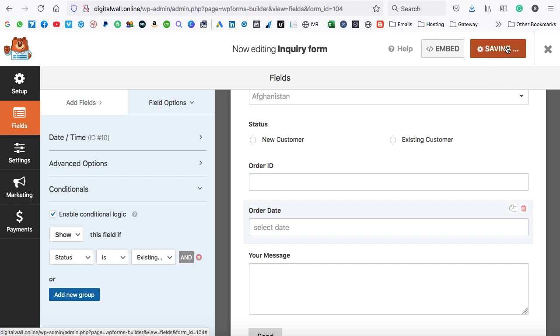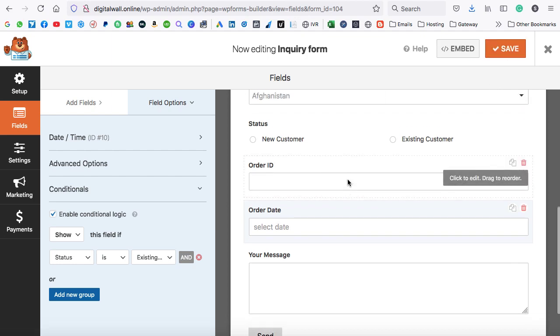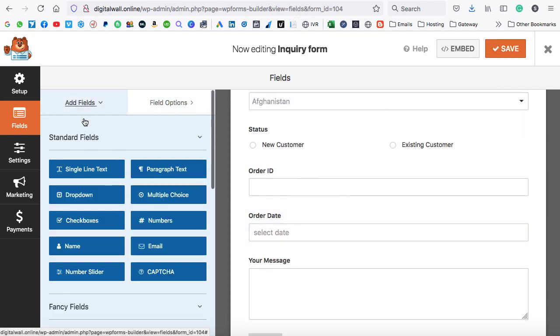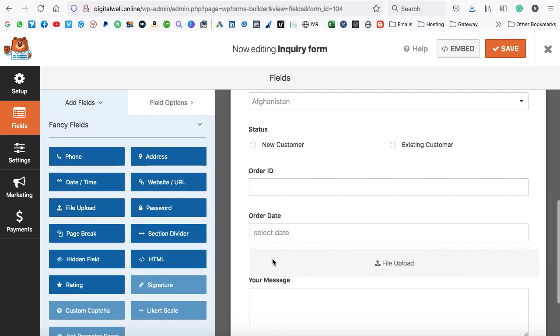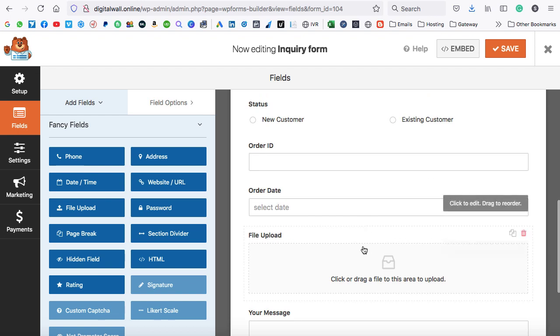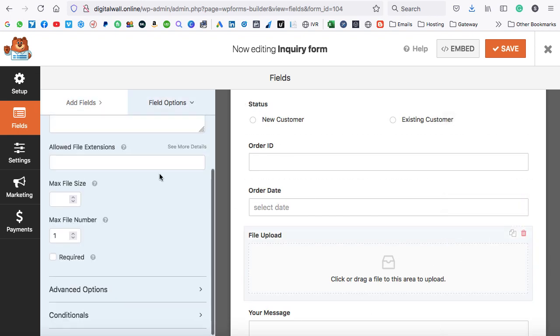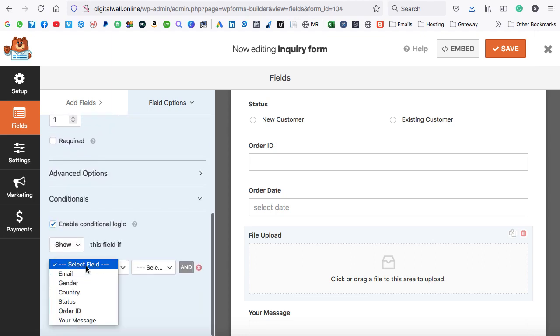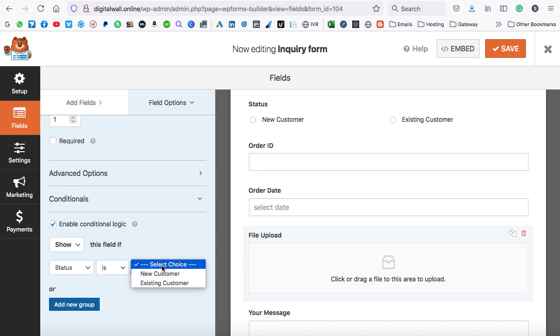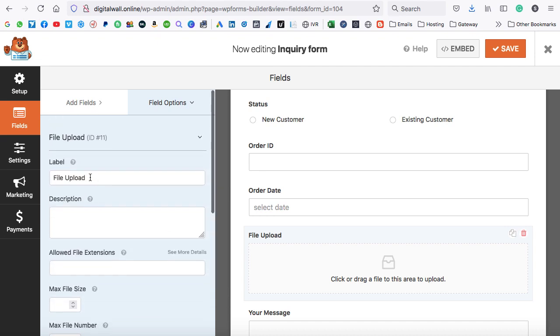Okay, let's click on save, and one more field we are going to update over here. Go on to the add fields, and we are going to use this file upload. So let's click on this file upload, and this field is also dependent on the status field. So click to edit, then go on to the conditionals, enable conditional logic, and here select status is existing customer, and we can give it a title something like upload error